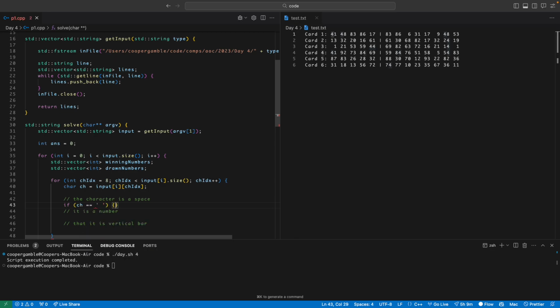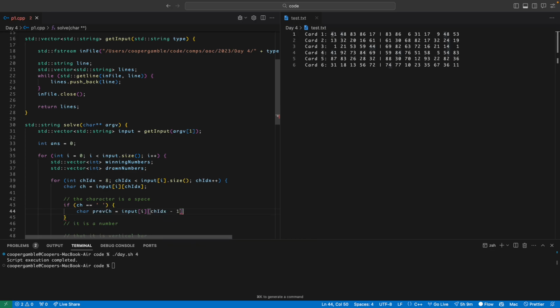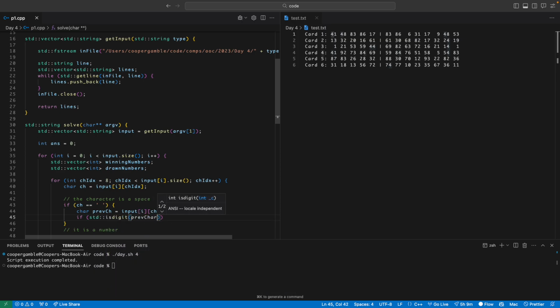we have two kind of subcases for this. The first subcase is that the previous character was a digit. So let's define a previous character variable and store the character before the current character index. And notice that previous character will always be defined because character index will never be 0. So previous character, if the previous character is a digit, so if isDigit of the previous character, well, what we want